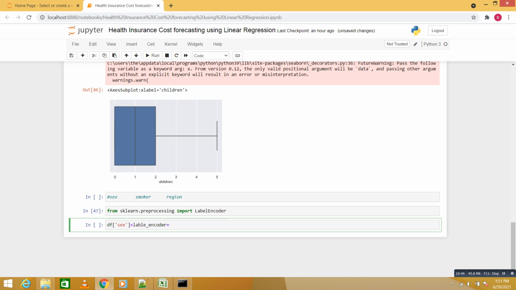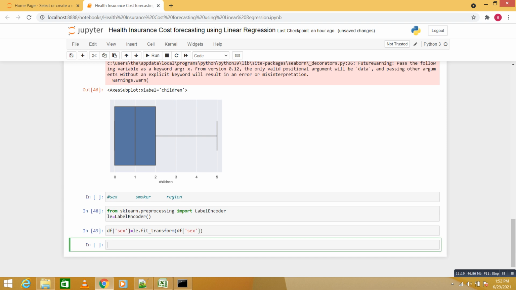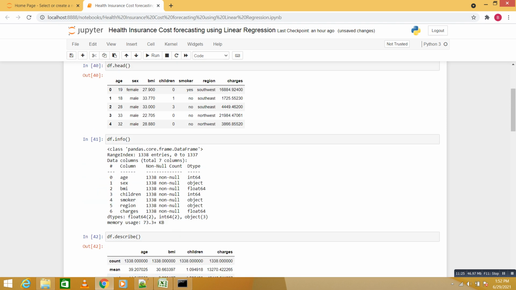I'll just create a variable here: instead of LabelEncoder, I'll say le, creating the object of LabelEncoder. Then le.fit_transform of df.sex, and now we print df.sex. Previously the data was in male and female categorical form.